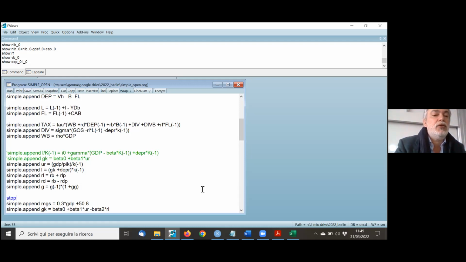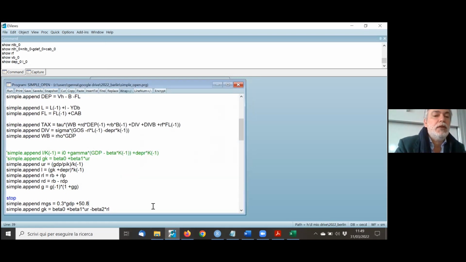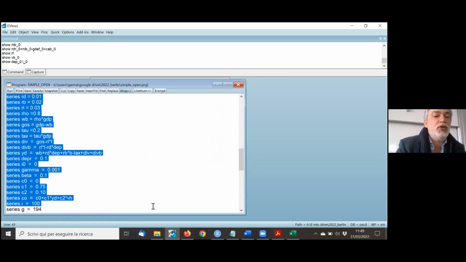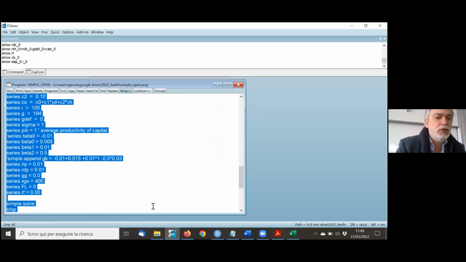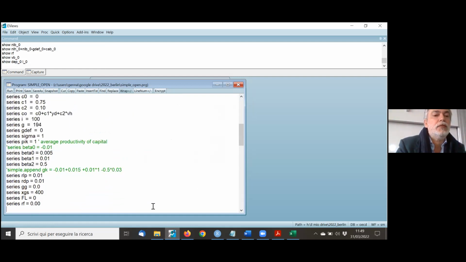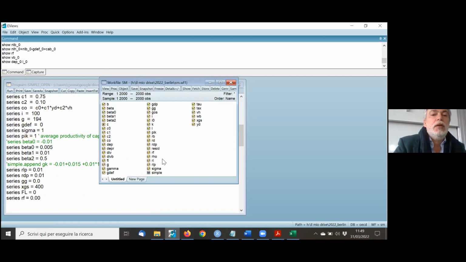So I can solve the model only for the accounting. Sorry, let me also shift all the definition of the variables to the top, so that when I solve the model,